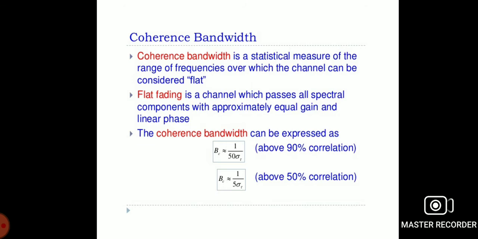But the coherence bandwidth is a very important measurement for noise limiting systems, because the phase is calculated theoretically but it is measured in a real-time environment. Okay, we can understand the coherence bandwidth. Now we can move to the